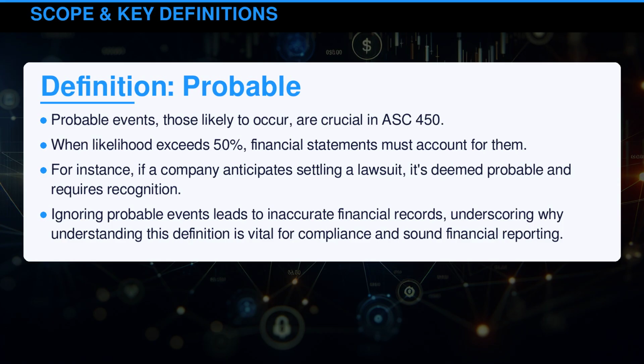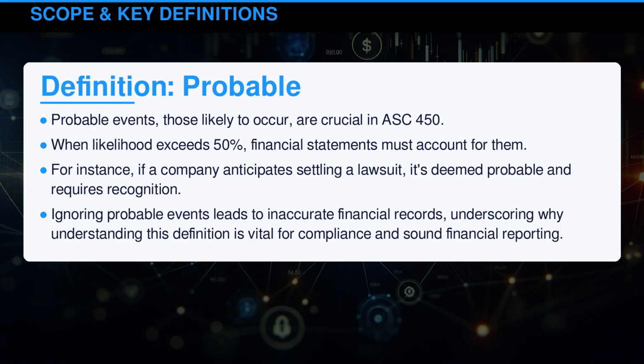Probable events, those likely to occur, are crucial in ASC 450. When likelihood exceeds 50%, financial statements must account for them. For instance, if a company anticipates settling a lawsuit, it's deemed probable and requires recognition. Ignoring probable events leads to inaccurate financial records, underscoring why understanding this definition is vital for compliance and sound financial